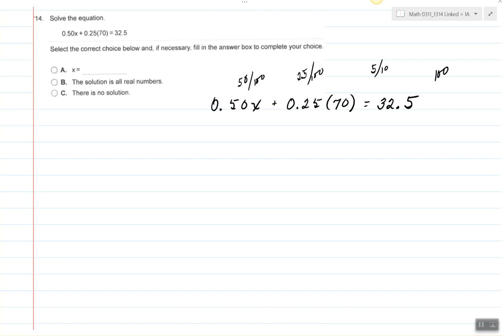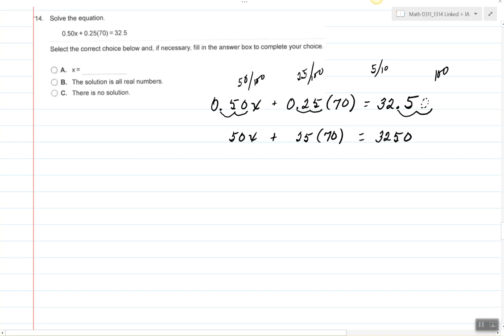Now, a shortcut, when you multiply decimals by powers of 10, you move one decimal point for each of the zeros. So in other words, I'm going to move the decimals 2 places each. So I have 1, 2, that becomes 50x, plus 1, 2, that becomes 25 times 70, equals 1, 2. Even though I didn't have a number there, I'm going to need to fill in a 0. This is now